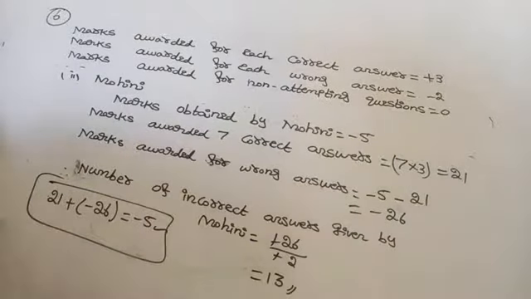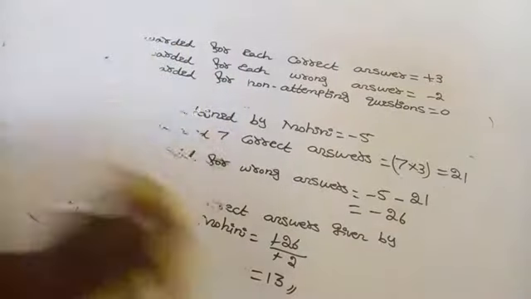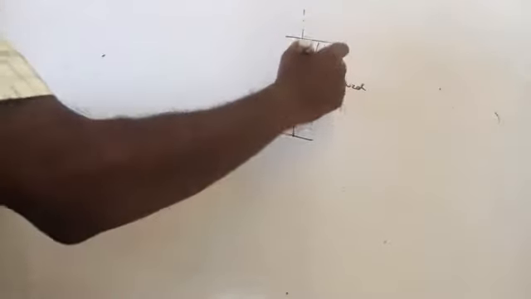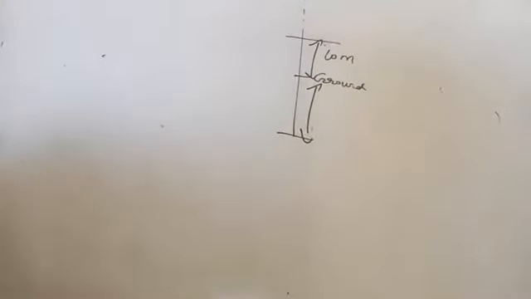Now come to the second question. An elevator descends into a mine shaft at the rate of 6 meter per minute. If the descent starts from 10 meter above the ground level, how long will it take to reach -350 meter? So this is a mine shaft. So it's the ground, right, which is 10 meter above, from here to here 10 meter. So it has to reach 350 meter below.